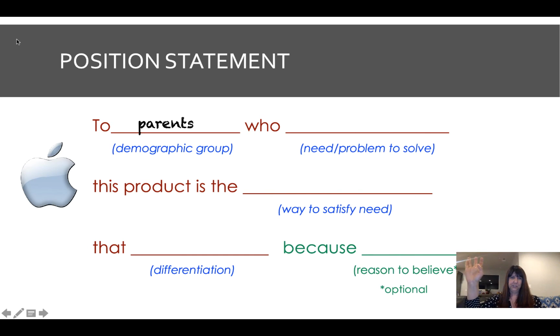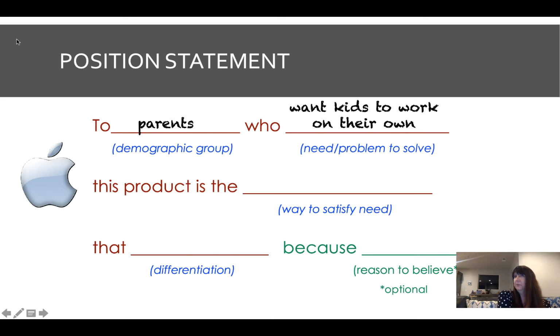I've had school-age children. They got to get their homework done, right? So their tool is different from the creative people. You as a parent want your kids to do their homework on their own, because the last thing you need to do is be figuring out how to do their homework on a computer. So the product is the homework tool. It is no longer the creative tool on how you're going to get your work done at work. This is the homework tool.